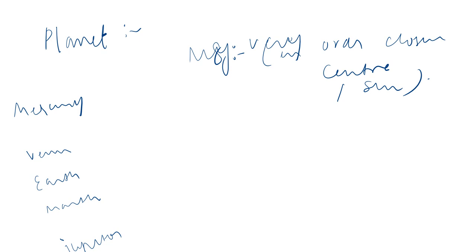We can learn each of the planets one by one. The first planet is Mercury. Mercury is the nearest to the sun, and it takes around 88 days to revolve around its orbit. Second is Venus. Venus is similar in shape and size to Earth, and it is also known as Earth's twin. Third is the Earth, which is a unique planet in that it has the presence of air and water,